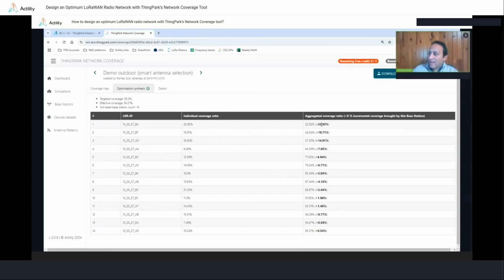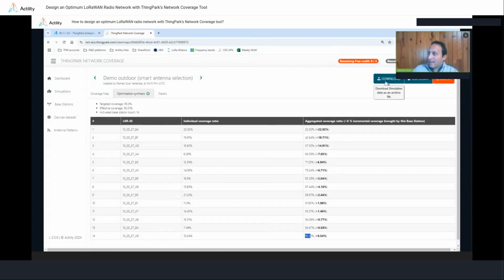And here you can see the incremental coverage brought by each additional gateway added to the list, put here between brackets, until the last one, which has been added just to fulfill the target. Before this gateway, we were still below 95%, and adding this gateway, it added only 0.54% of the overall coverage, but that was enough for us to reach the coverage level of at least 95%.